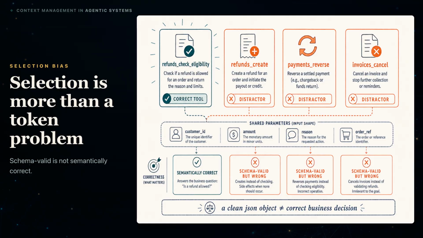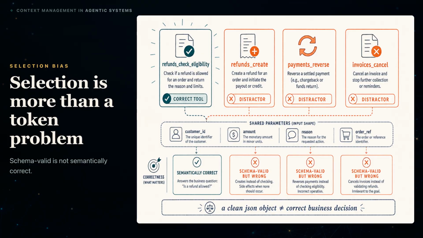Imagine 4 tools. Check refund eligibility, create a refund, reverse a payment, and cancel an invoice. Their inputs may all contain a customer identifier, an amount, a reason, and an order reference. Strict argument validation can prove that a generated call matches one schema. It cannot prove that the model chose the semantically correct action. Research on structural alignment bias shows how an irrelevant tool can attract a call when its parameter structure aligns with